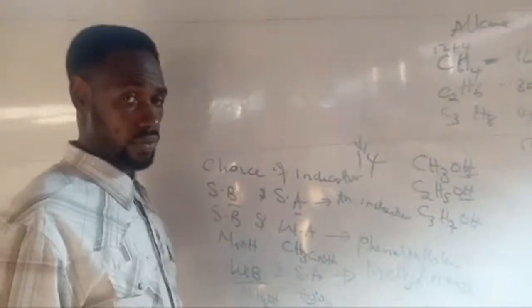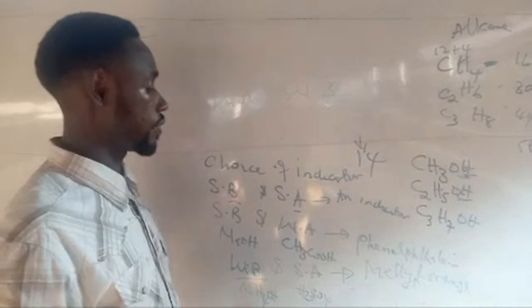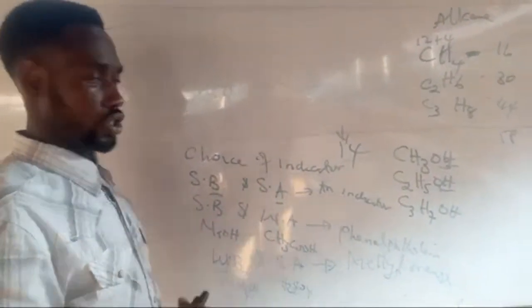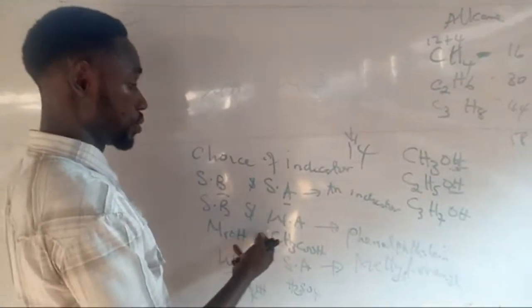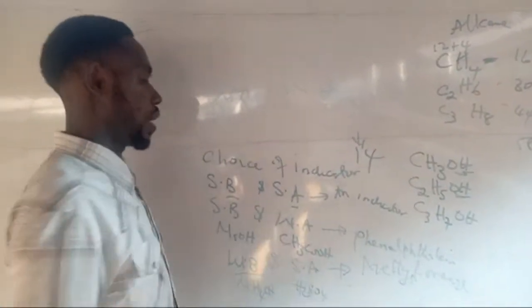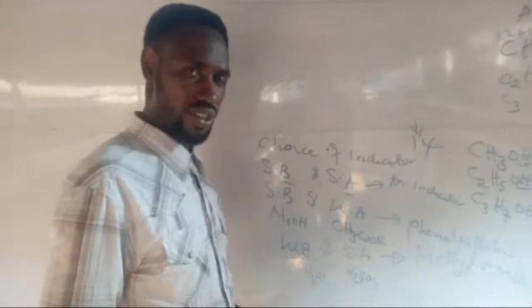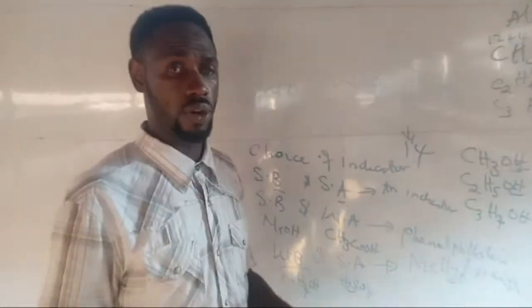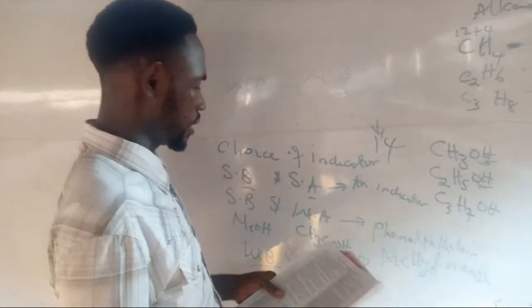Remember, phenolphthalein is a laxative. Don't joke with it. It purges. I'm talking from experience. So it's a drug also. It causes purging. So it's somehow not too good. And you know the color. You can watch a marriage proposal with chemistry here in this channel to see the magic I used these indicators to perform, where you can use chemistry to propose. So I educate and I also entertain.